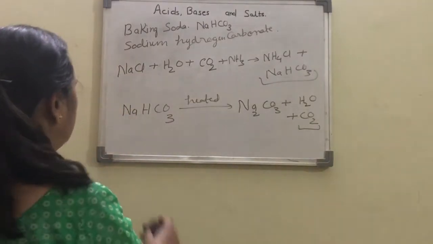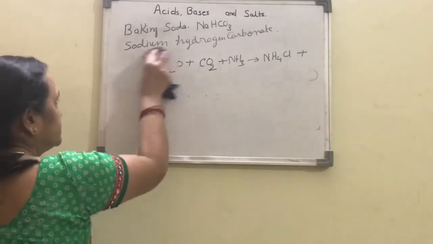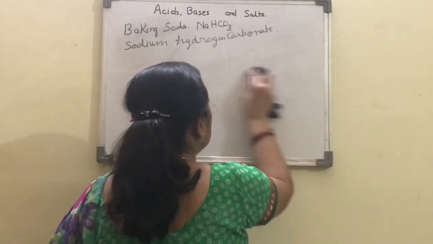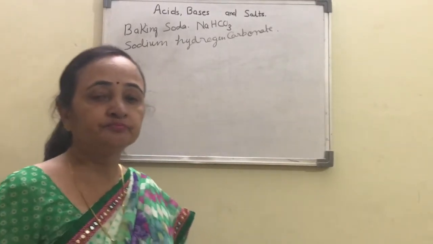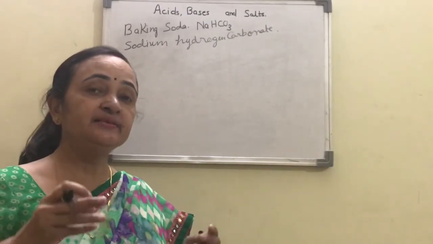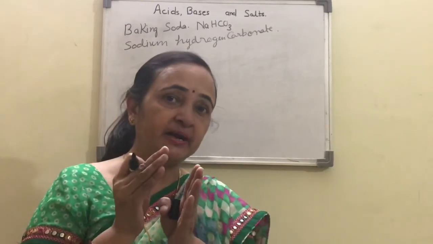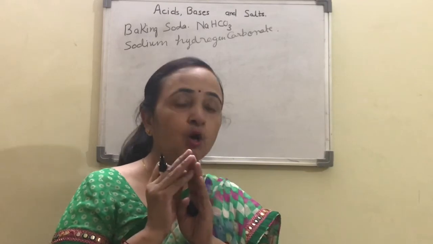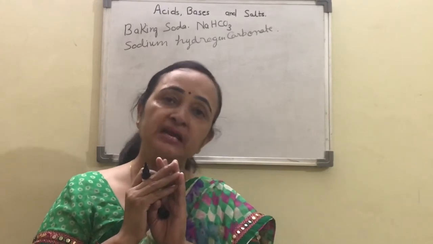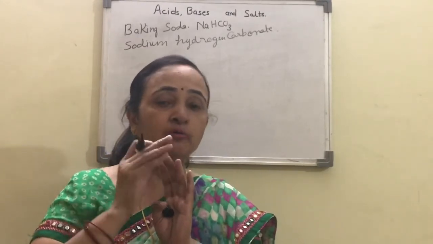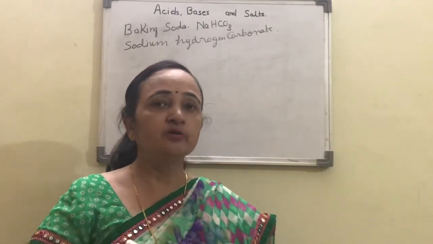So the uses of baking soda are to make cakes and breads spongy. It is also used in making idlis and dosas, and in making crispy pakoras. One thing I want to tell you is that baking soda is a white powder, and if we add any mild acid, mild means a very weak or edible acid like tartaric acid, it converts into baking powder. And when this baking powder is added in the preparation of breads and cakes, this carbon dioxide gas comes out.